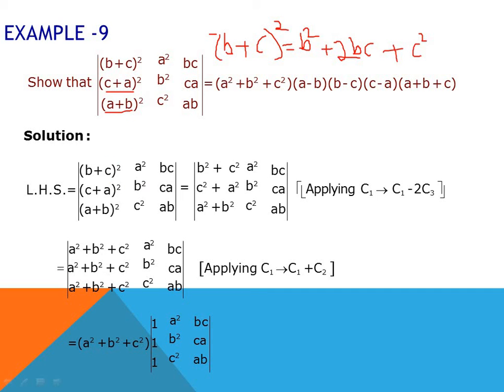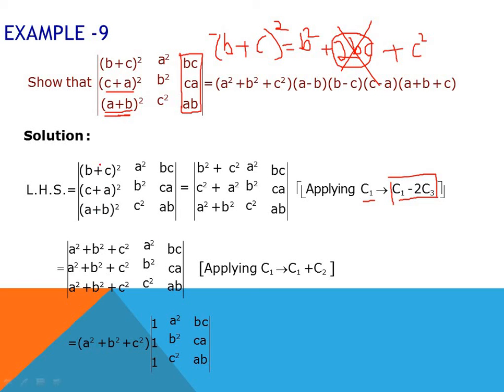Then what we can do is follow this operation, c1 as c1 minus 2 times c3. Why have I done this? Because the middle term over here is 2 times bc. The middle term in this equation will be 2 times ac, and the middle term in this equation will be 2 times ab. If you observe the third column, you have the third column elements as the middle terms. So if the third column element is the middle term, we can follow this operation, first column element minus 2 times the third column element, so as to eliminate this middle term.